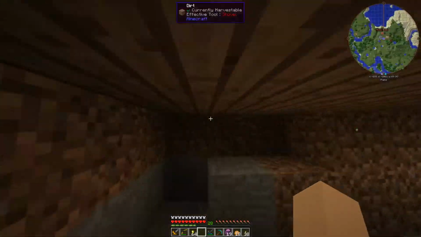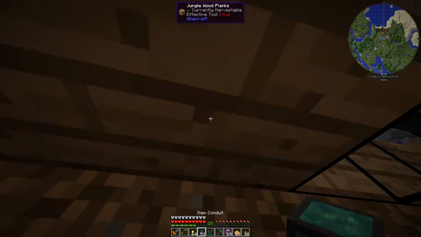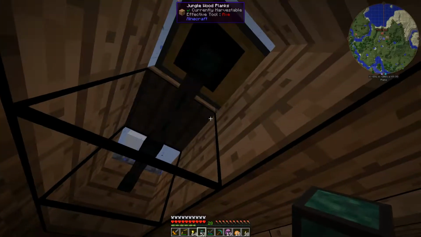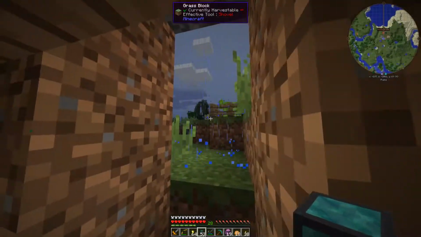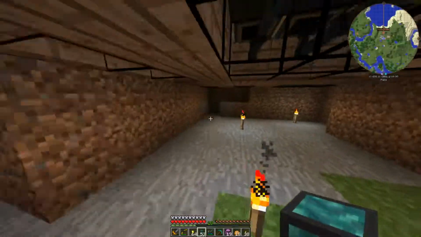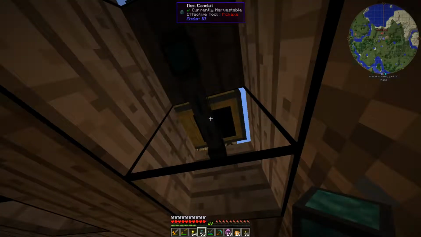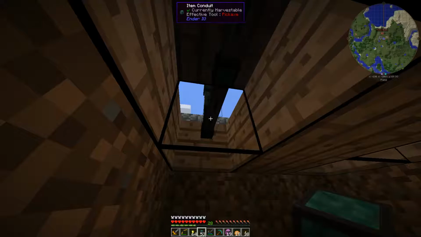So, where's my conduit? Oop, turns all these invisible. Right, so this is my gold, isn't it? The first one is gold. So it comes down here and it goes into the chest. What we need to do is interrupt that